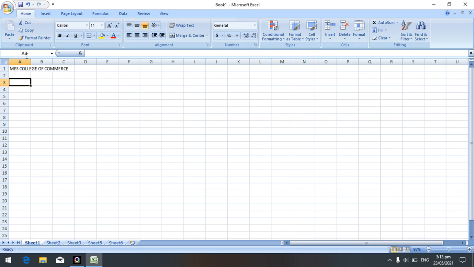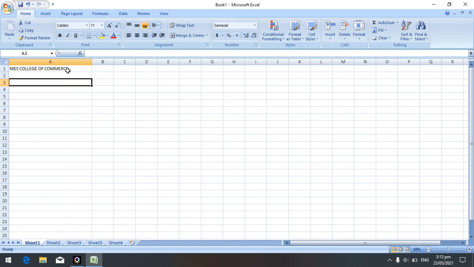So you can easily increase the column width. Just press the left mouse button and drag to the right side. See here, MES College of Commerce is available in the active cell, that is A1. You can easily drag it or decrease it.